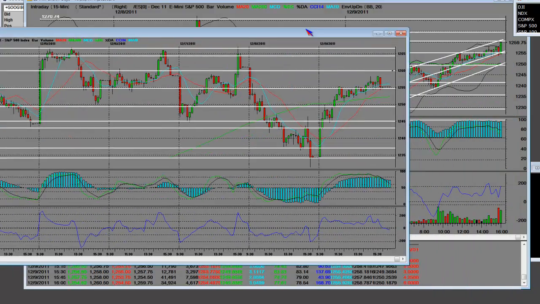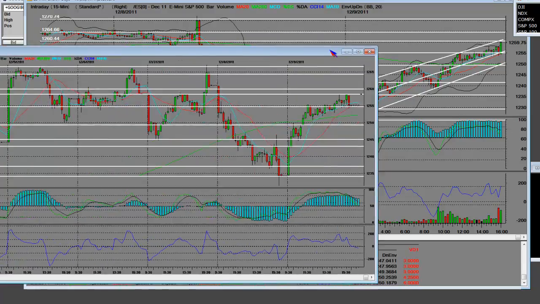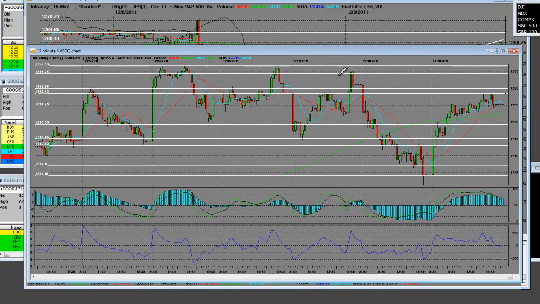You can clearly see that as we were breaking higher here in the futures and testing these support levels, we kept making higher highs all the way up to the close. And that's this short-term trend line. And why are we looking at a 15-minute period? When we do come up here, we do know that this 1265 area on the index is roughly the